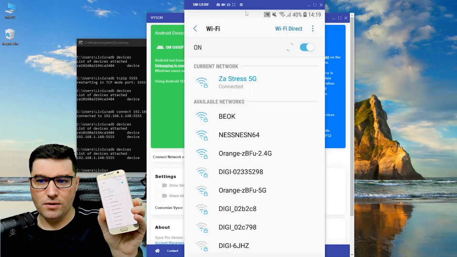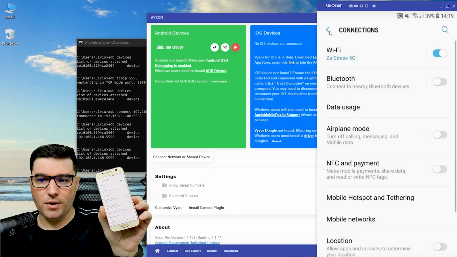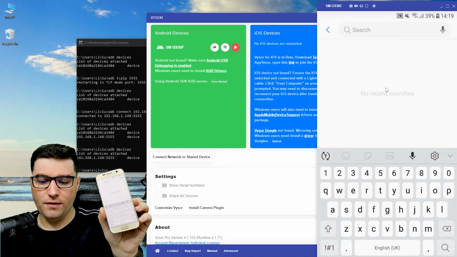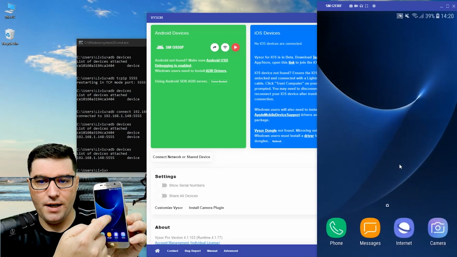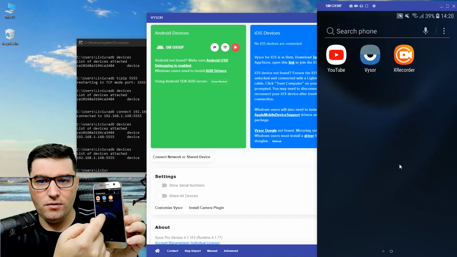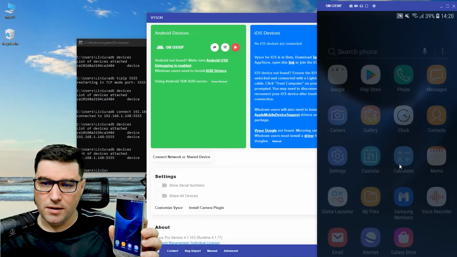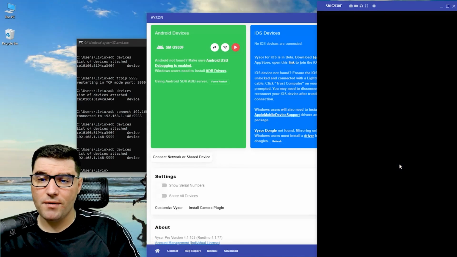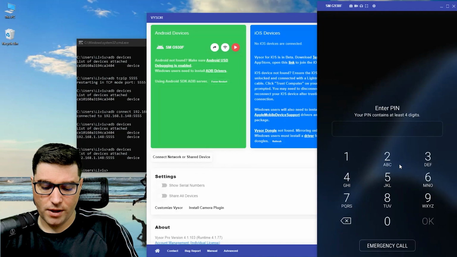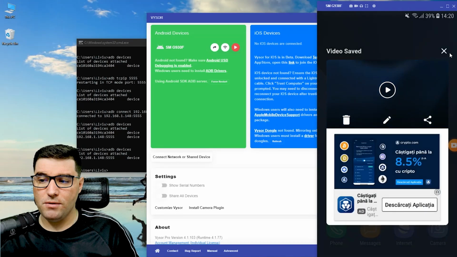And you can see that whatever I do on Visor will replicate on the phone itself. And vice versa, if I do something on my phone, it will be replicated on the PC. So this is a very, very cool method of wirelessly connecting your phone to your PC without using a cable.